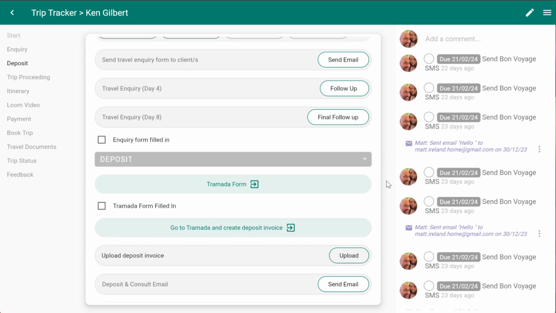In this video, we're looking at setting up a sequence in Flowjo, and a sequence is to overcome this situation where you've got these multiple steps that are all related to each other. You can see this one here where we send an email, then we follow up, then we follow up again. And really, we don't want to take up so much space on the screen, so we want them to go